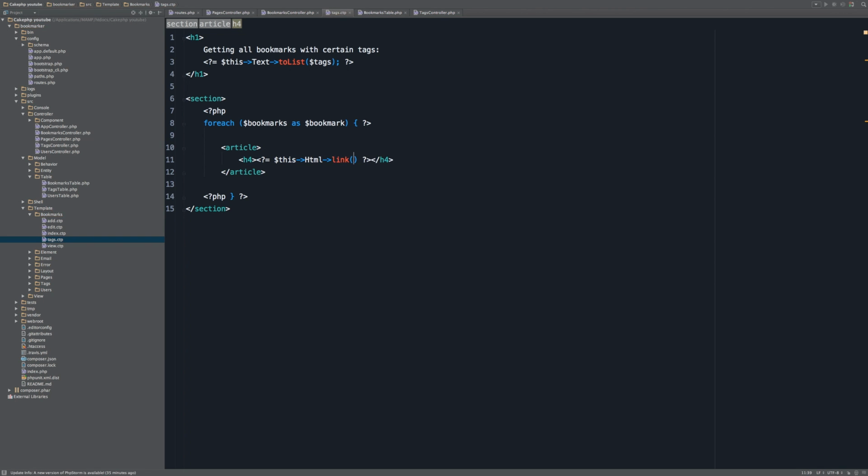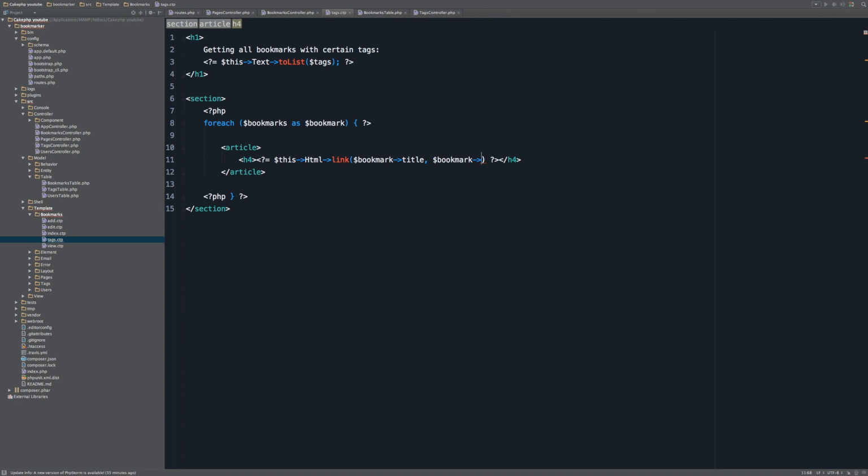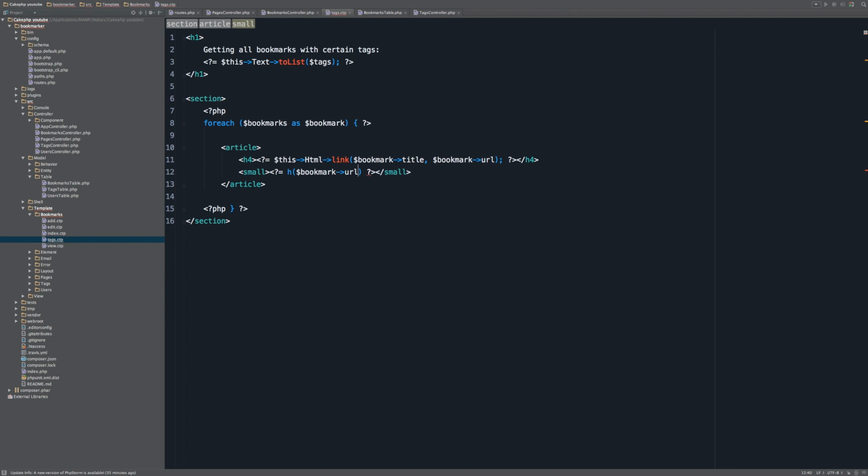It has a method called link, and we're going to pass in the bookmark title as the first parameter and the bookmark URL as the second parameter, and that will generate a link for us. The text will be the title, and it'll link to the URL of the bookmark. Bookmark URL down here again,